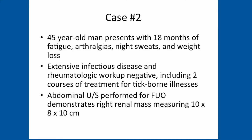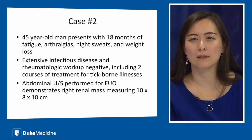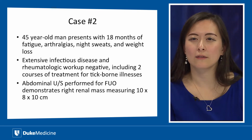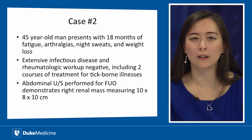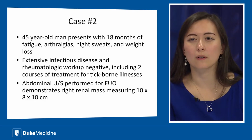Very good, thank you. That wraps up our first case, and we'll move on to our second case. Our second case today features a 44-year-old man who presented with 18 months of fatigue, arthralgias, night sweats, and weight loss. He had extensive infectious disease and rheumatologic workups, which were all negative, including 2 courses of treatment for tick-borne illnesses. An abdominal ultrasound was performed for